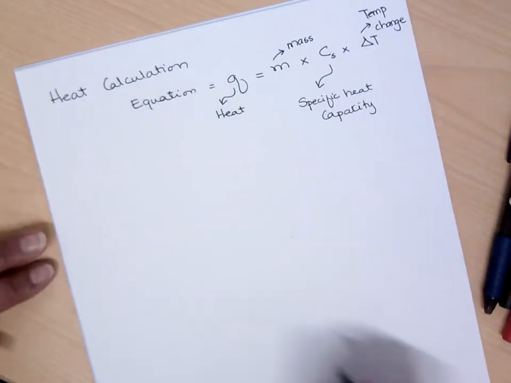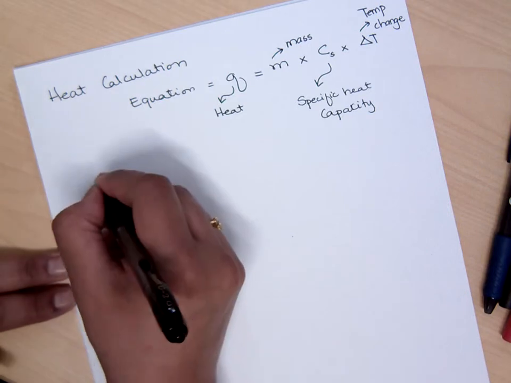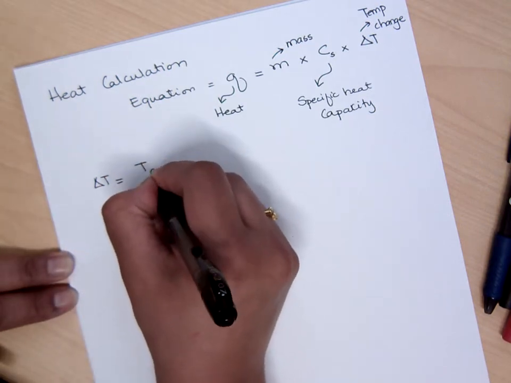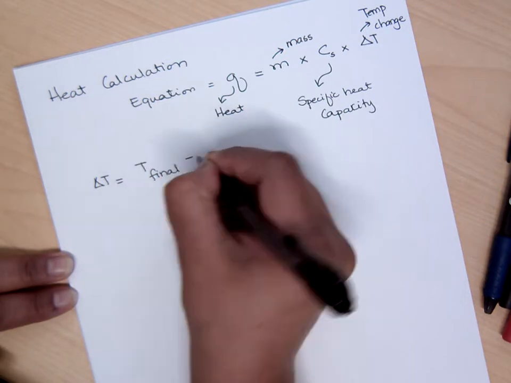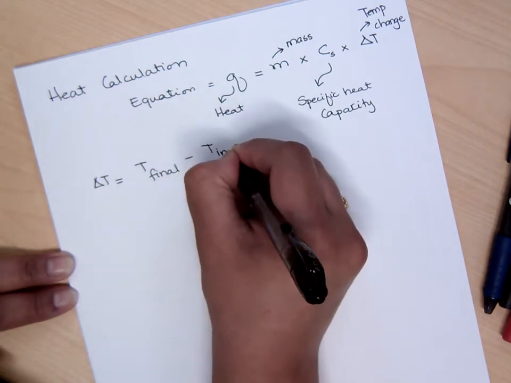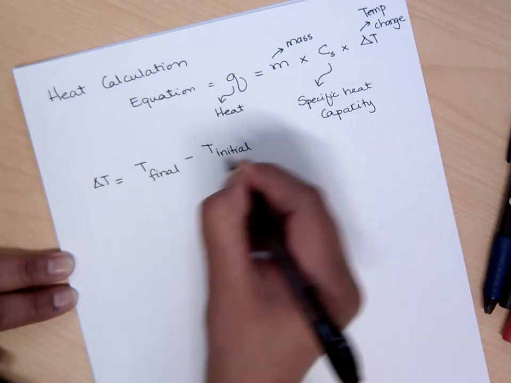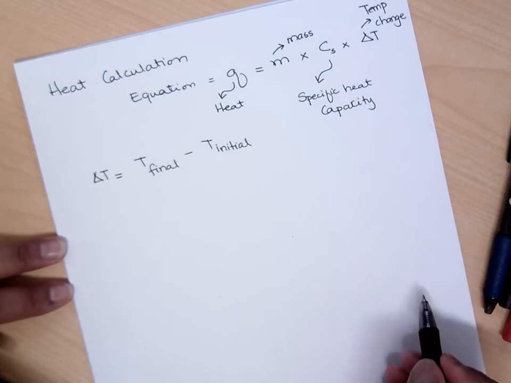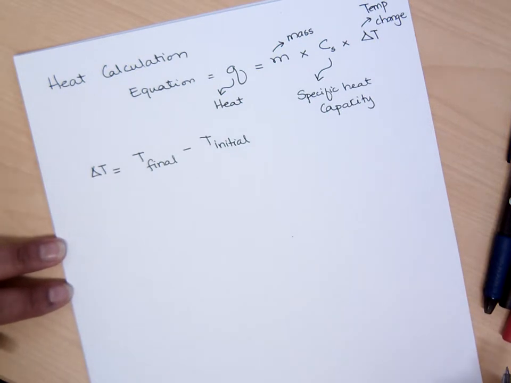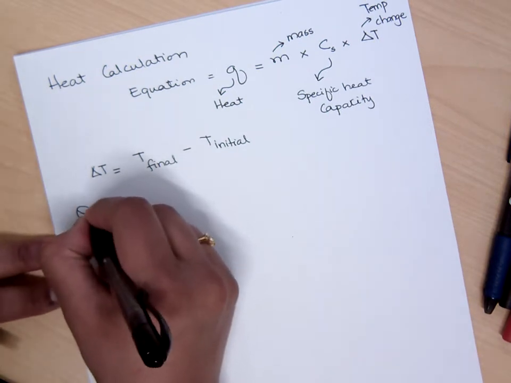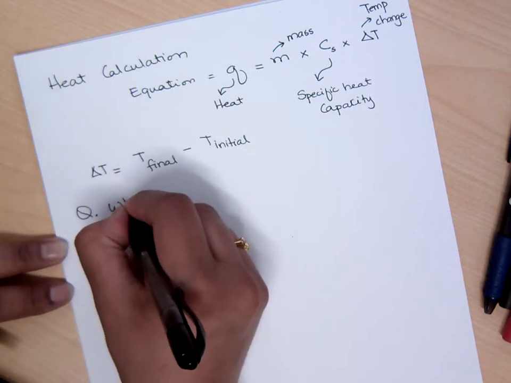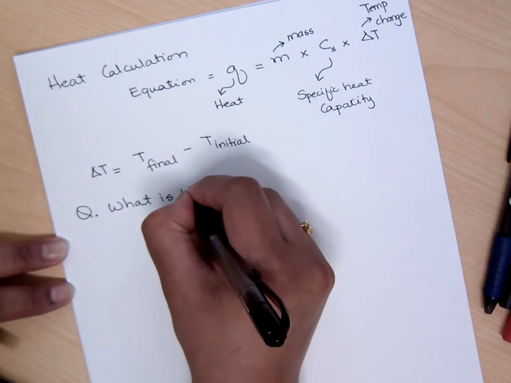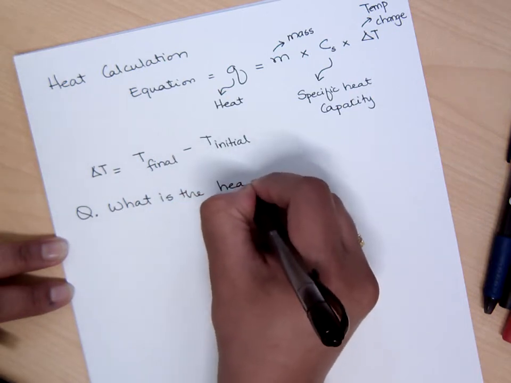It is important to recognize that temperature change, or delta T, is always final temperature minus initial temperature. Even if you get a negative number for delta T, keep that number in the calculation to recognize what is the heat content. Let's look at a typical question, which is, in this case, asking you to find the heat